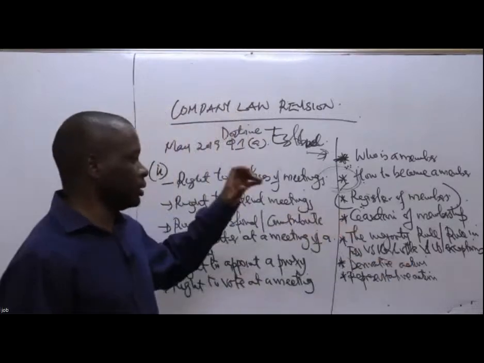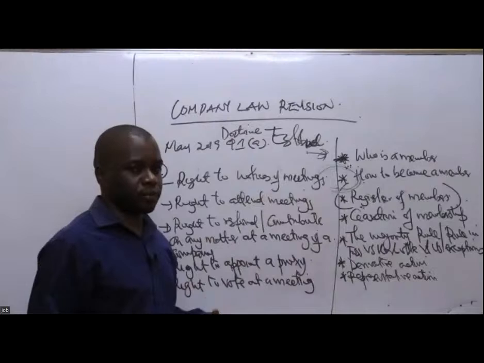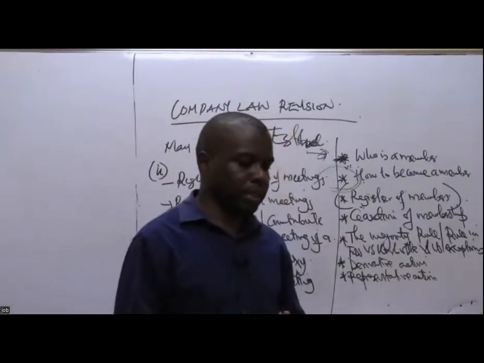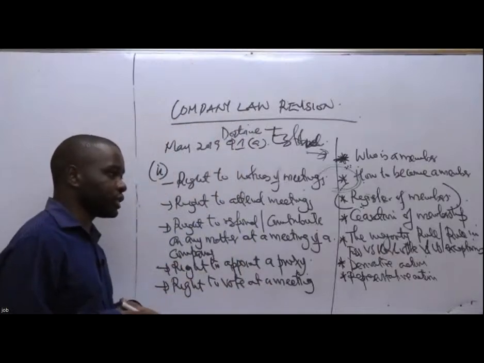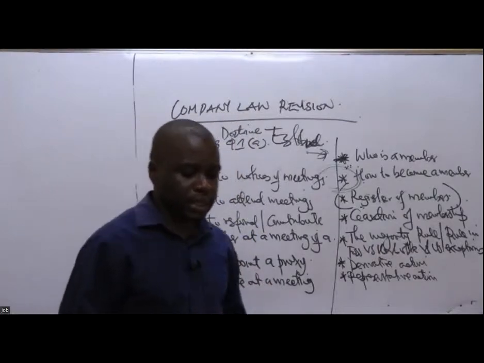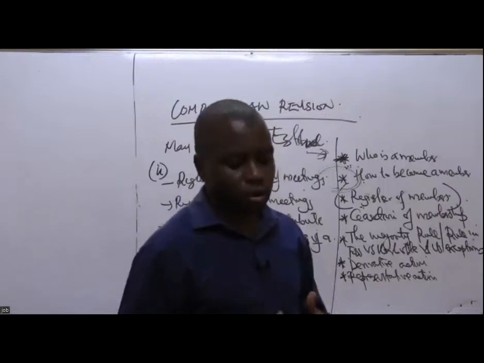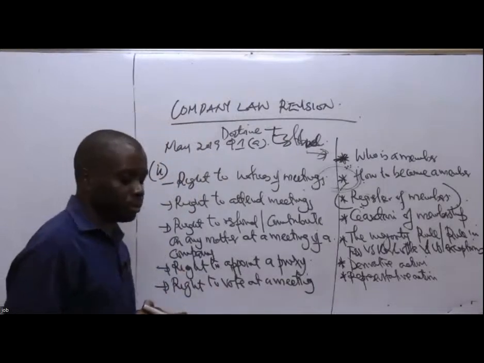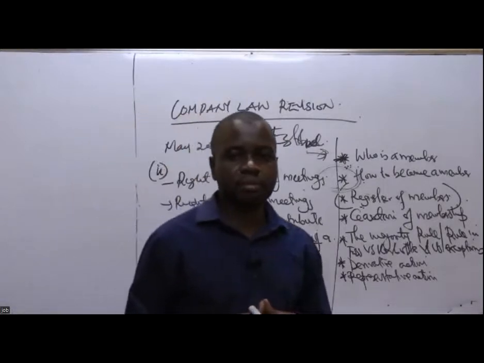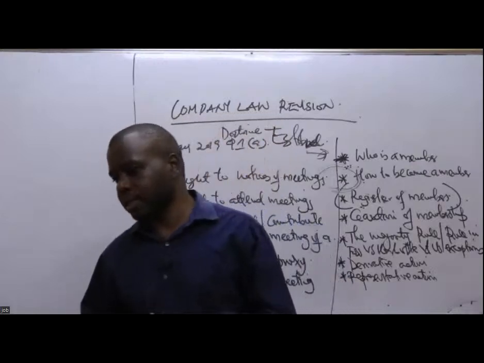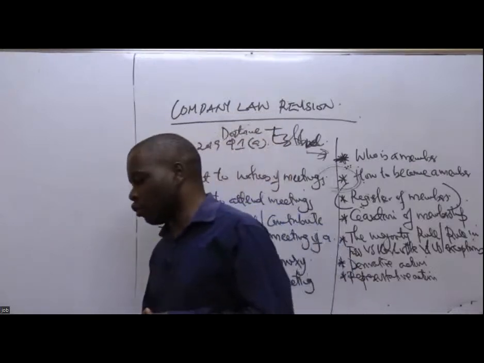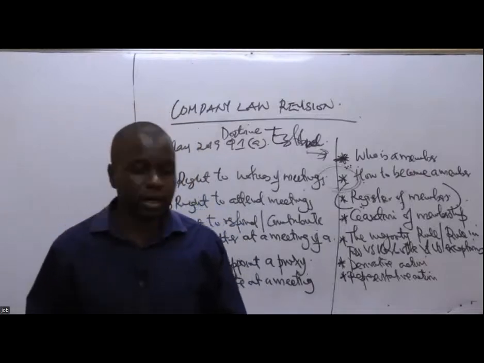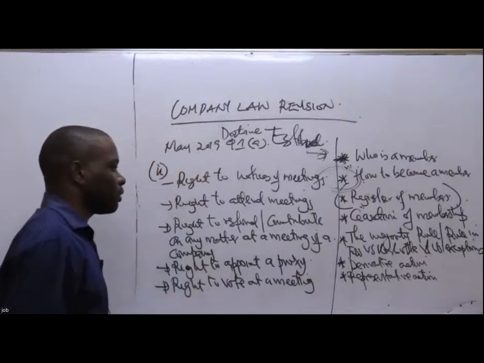So number 1, name and address. It enlists just the members of the company. So what are the contents? Name and address of a member of a company, date when he or she joined as a member of the company. Number 3, date of cessation of membership of the company. And then number 4, you can confidently say the number of shares held by that particular member of the company. That basically will be the contents of the register of members of a company.